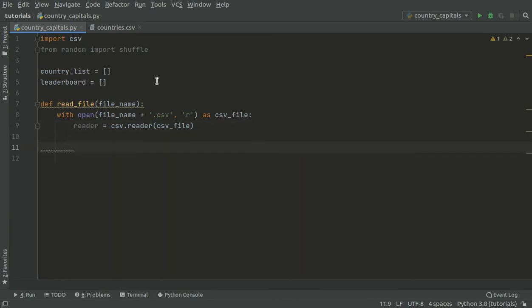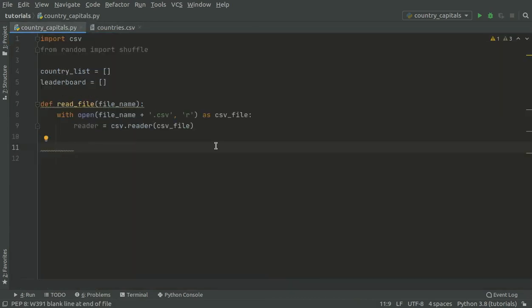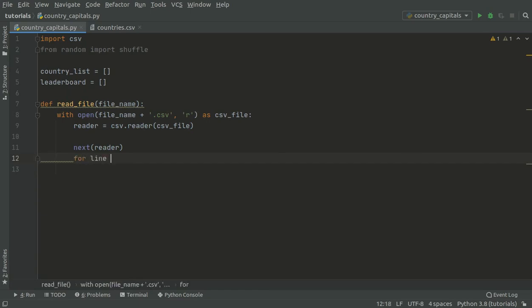But before we actually process the data, we need to handle this first row here. So we don't actually want country and capital displayed. We want to start with the actual countries. So we simply need to say next(reader), and this will allow us to just move to the next line. Now we can iterate through the whole file. So we can say for line in reader,